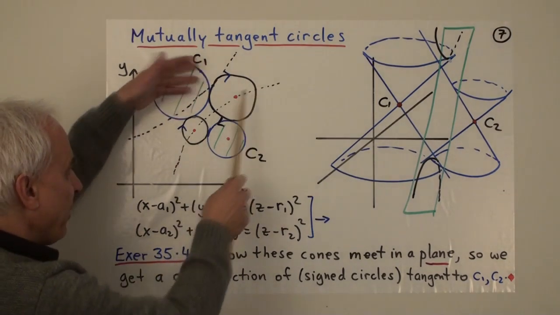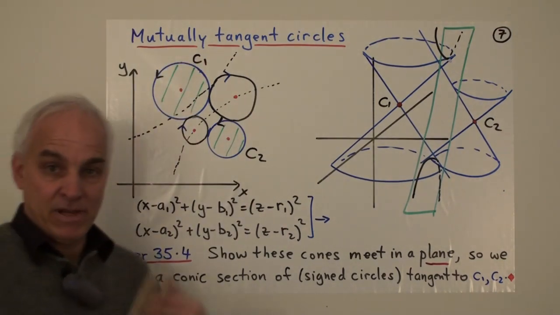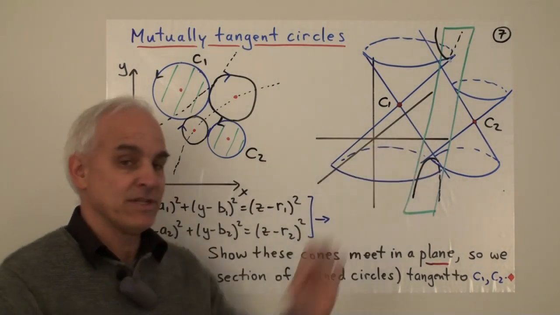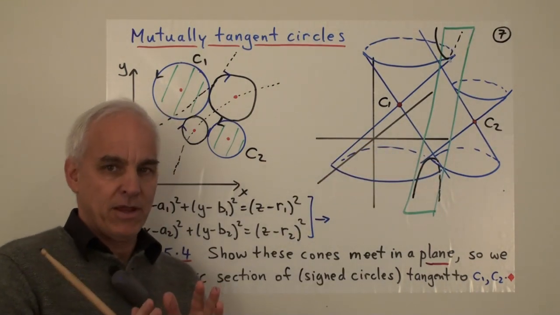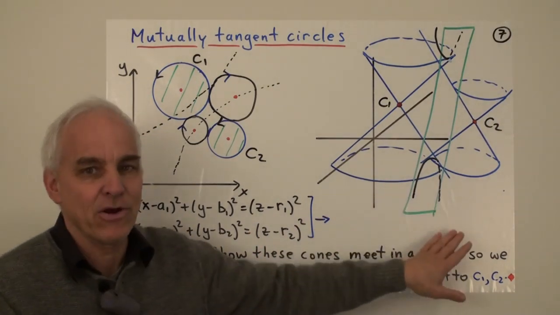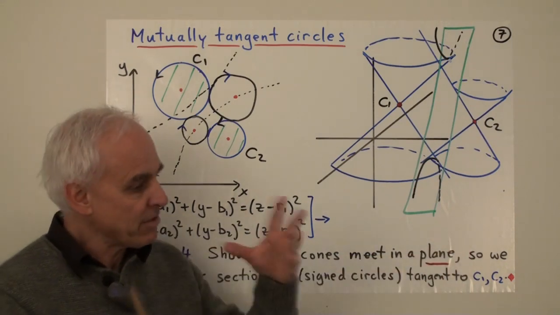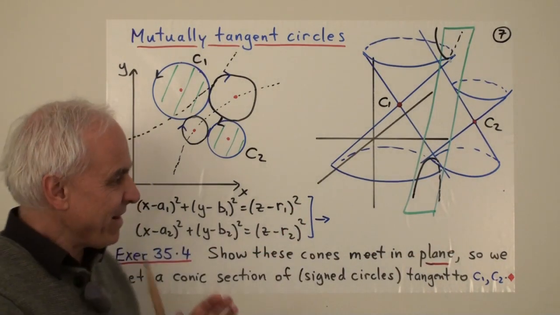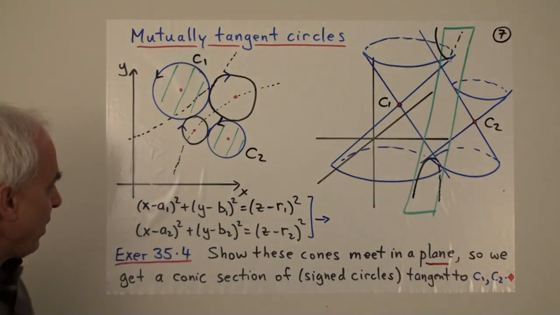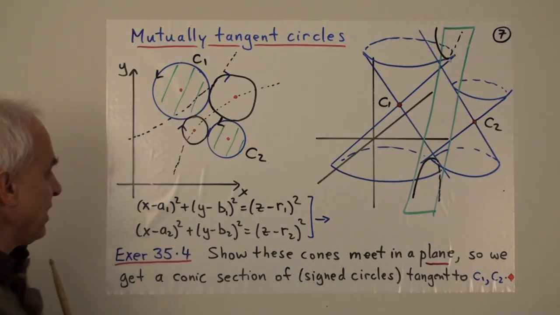So it looks rather complicated when we think about things in the planar situation. But when we go to the three-dimensional situation, we learn something because we have more dimensions and things are a little bit more linear over here. So we're going up in dimensions, that makes it more complicated, but things are more linear, and that's a big advantage. So what does it mean to be tangent to C1?